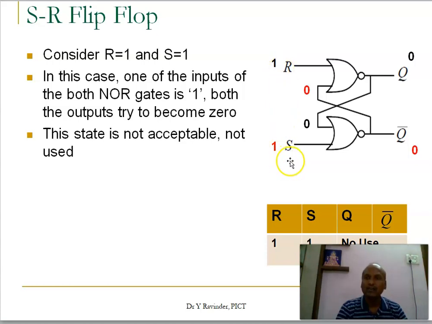When both are 1s, we know from the NOR principle that if any one of the inputs of a NOR gate is 1, the output will be forced to 0. But this is also 1, this is also 1. Irrespective of the other two, this input and this input, this will be forced to 0 and this also will be forced to 0. Both will be forced to 0, so in this case both are not complements of each other. That is why this will not be a useful case for our SR flip-flop or latch. So we will try to understand a little later how to make the SR latch a flip-flop.